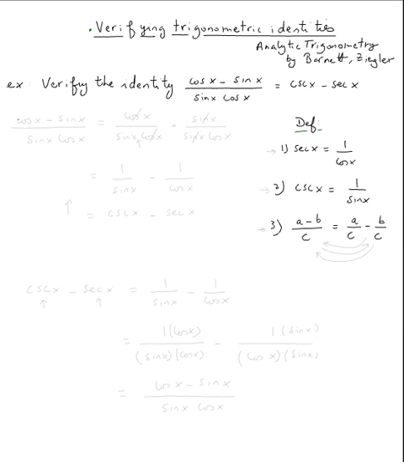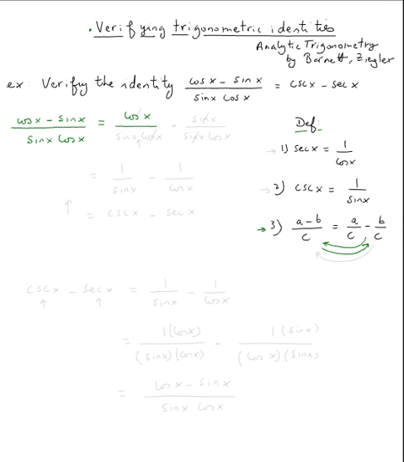So let's start with cosine x minus sine x, start from the left side, over sine times cosine. Now remember, the easiest way for this is to use number 3, this algebra: a minus b over c is equal to a over c minus b over c. We usually use it in the other direction, just subtraction of two fractions, but today we're going to use it in this direction. So what does that say? That says that this is equal